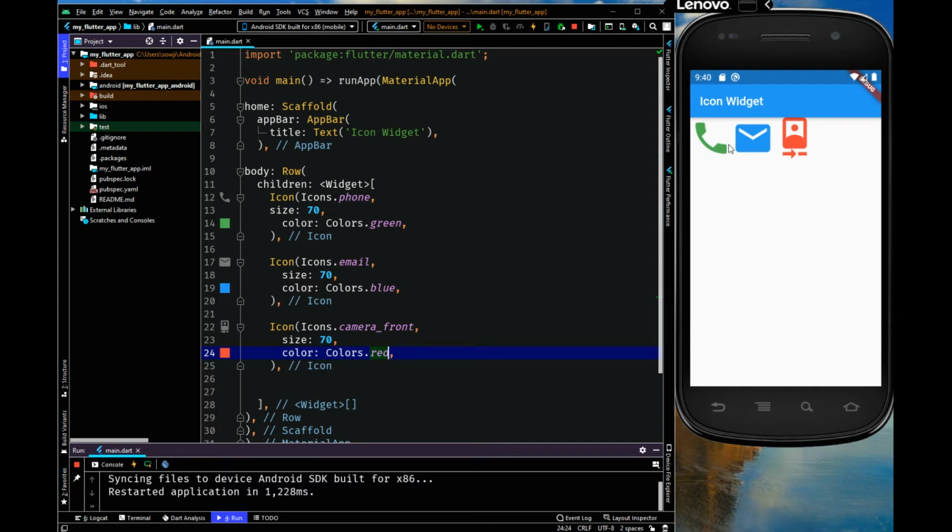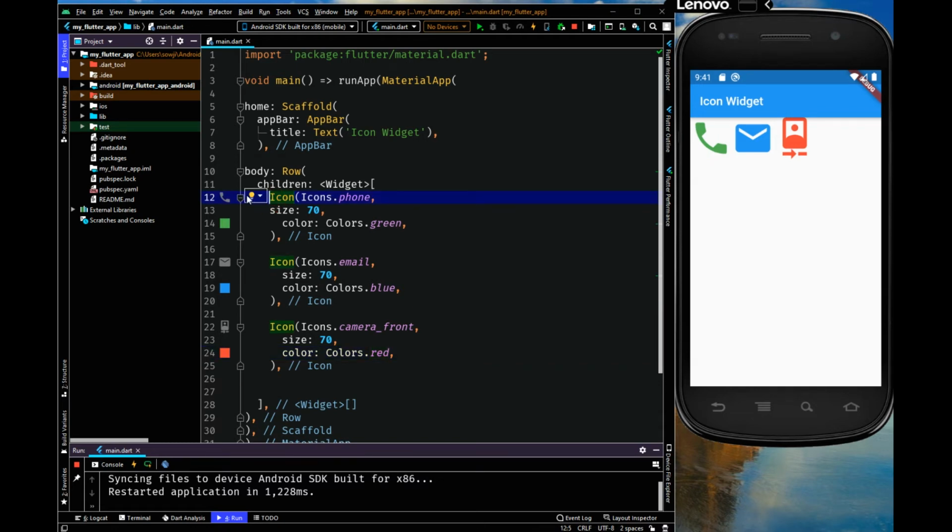So the icons have been added. You can also give space between these using cross axis alignment or main axis alignment. You can also add text behind or below this icon. To add this, I'm going to use a column widget, and I will wrap this icon with the column widget, and then I will add text.